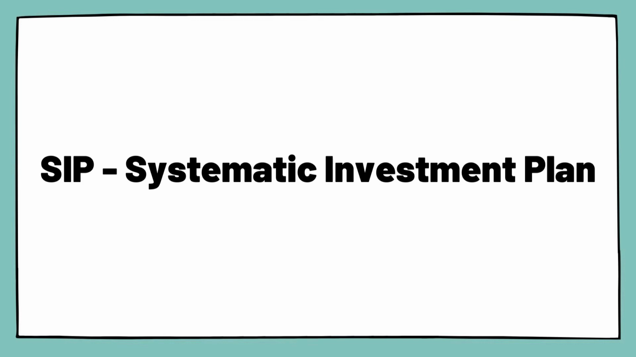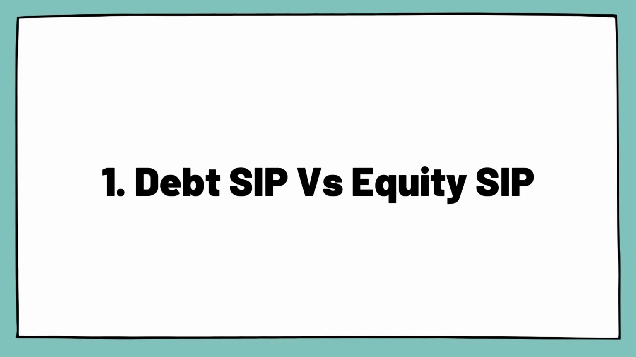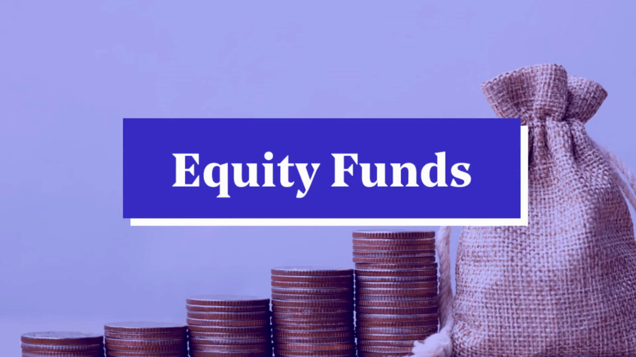The first thing to consider is which asset class you are looking to start an SIP in. For example, whether it is debt SIP or equity SIP. Debt funds are similar to RD and can generate returns similar to FD. In the current scenario, debt SIP can generate only 6 to 8% return. At the same time, in equity funds, which are stock market based funds, both the risk and returns are